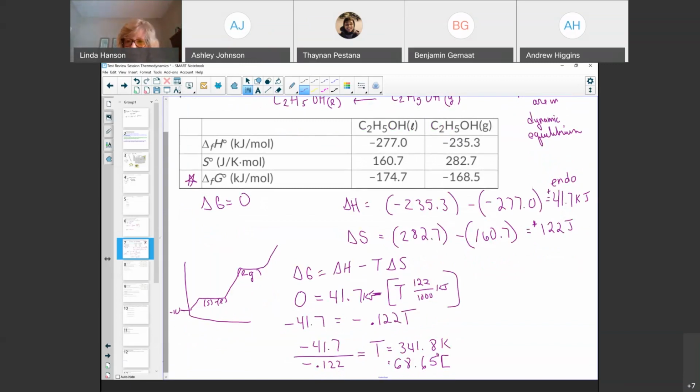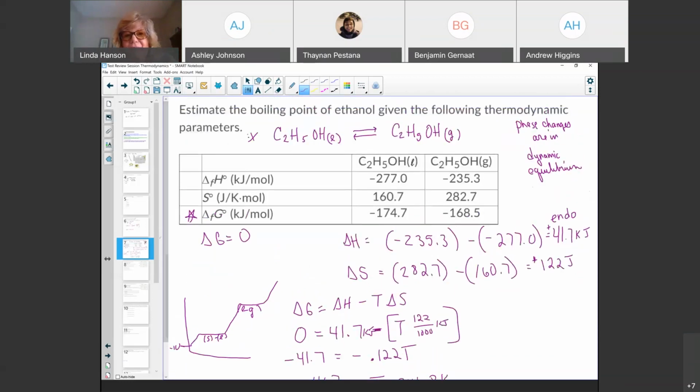Well, I would say that a tripping point for me would be probably knowing to set up the reaction. We'll set up the balanced equation, the very first thing I wrote here. Is that what you mean, Ashley? Ah, good. Yes. So when we see boiling point, think phase change. Excellent point. Any other comments?